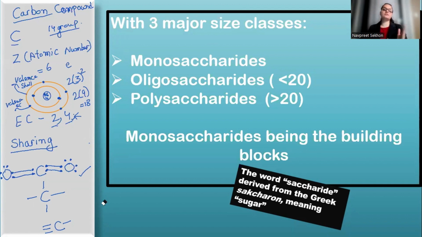So we have discussed carbon in detail, because this is the basis of all the biomolecules. This is the atom which is the basis of all the biomolecules. So this is the kind of structure we need to see. Either of these 3 things we need to witness, right? If it is not witnessed, then it means the tetravalency of carbon is not satisfied, and certainly our structure is not good to go. Another thing about carbon is that carbon undergoes catenation.